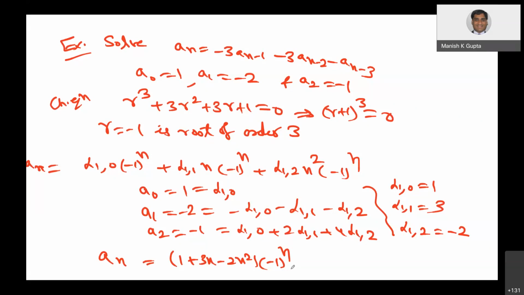But what happens if the equation is non-homogeneous? If you recall, in case of differential equations, we used to have a particular solution and a solution to the homogeneous equation. The solution to the homogeneous equation used to give you a general solution, and then we need to find a particular solution of the non-homogeneous equation and we add them to get the general solution. So a similar result holds here. I'll mention that key result, and then I'll give you an example of how to solve that. So let me show you.